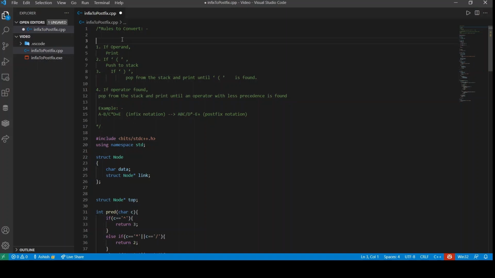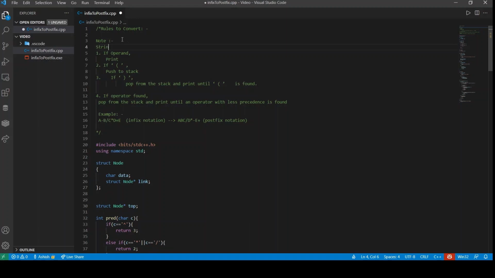The only thing which needs to be changed so that we get the algorithm for infix to prefix is that first the string should be reversed, right?